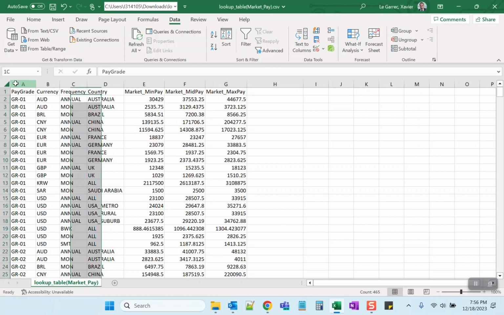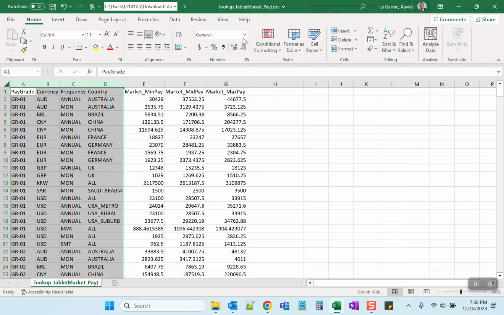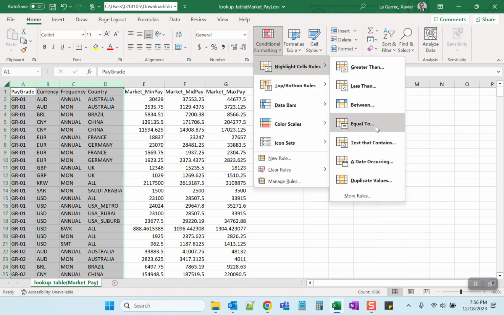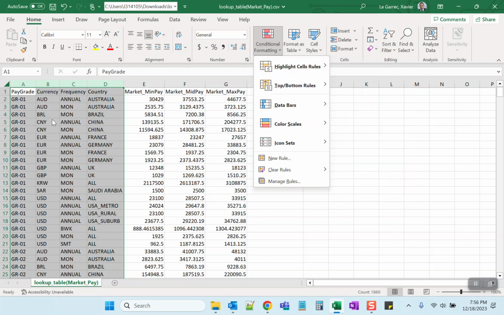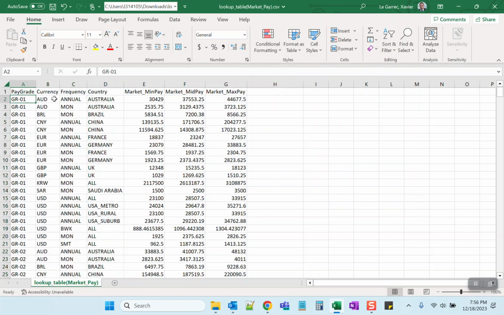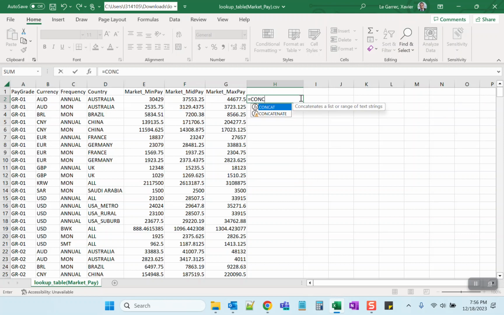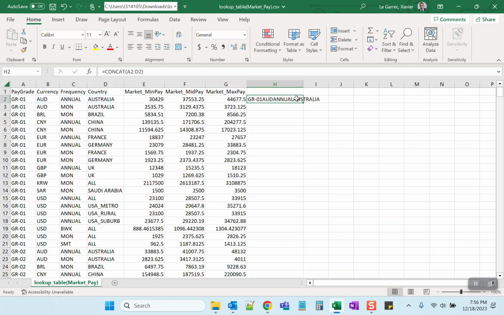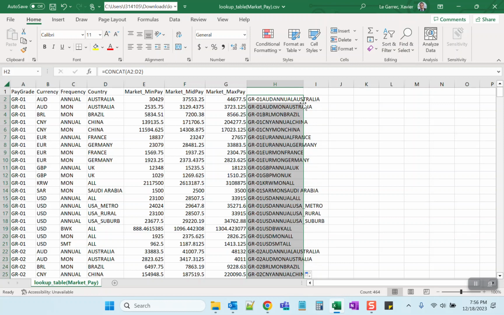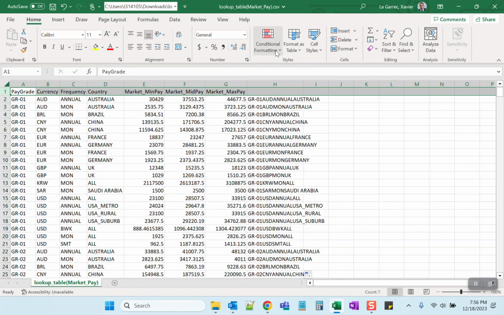So we can't really use the Excel function called conditional formatting duplicate values if we want to compare the unique values on rows directly, so a combination of values row by row. So what we've got to do is just do a concat, and we're going to select the four columns we want, and then simply click enter, and then simply click at the bottom here and expand all the way down. Once we have this, then we can add a filter on the first row